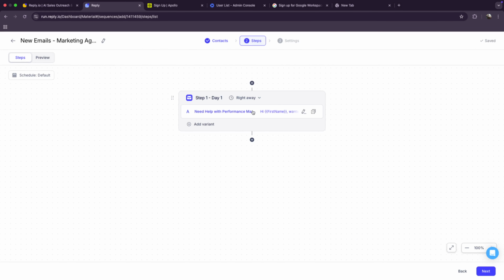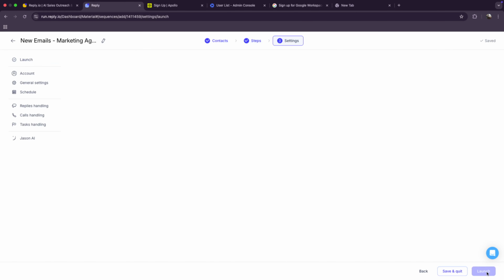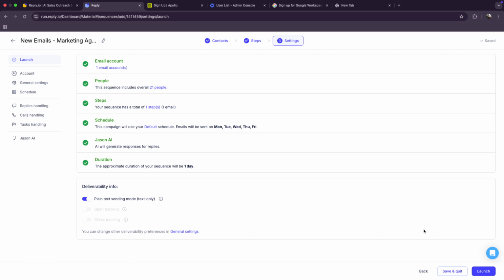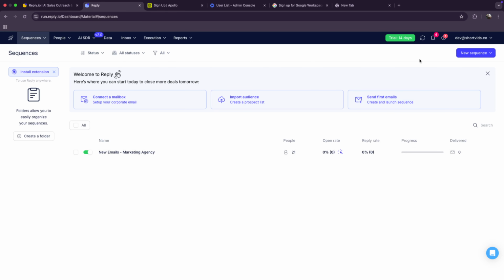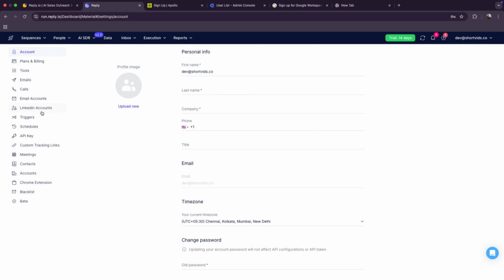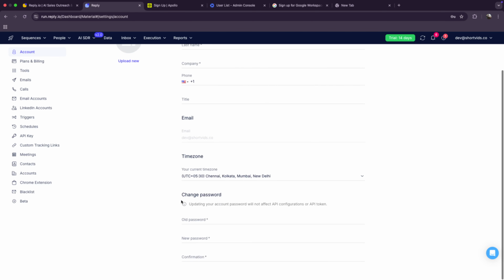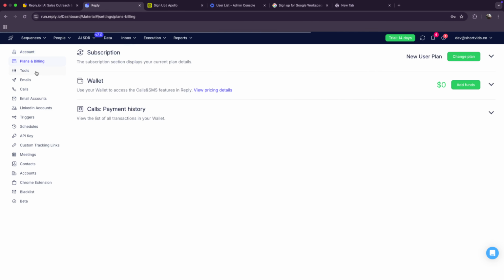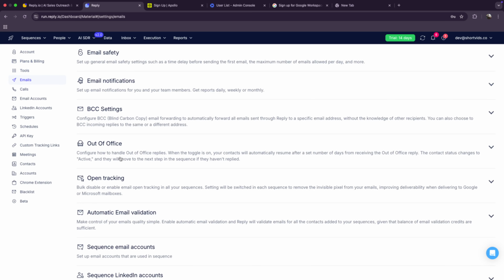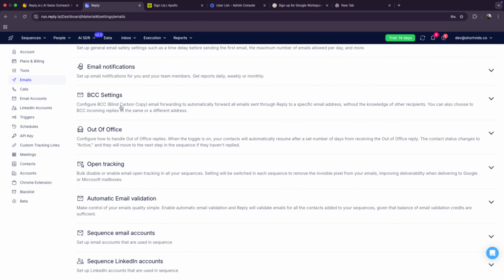And the last one is, yeah, click save. So I've just taken a save. The variant is added. Click on saved. Next, everything is done here. Launch. And here you go with our first cold email sequence. I'll just do one small setting here. There is a setting of the time zone, so I'll just update that setting.